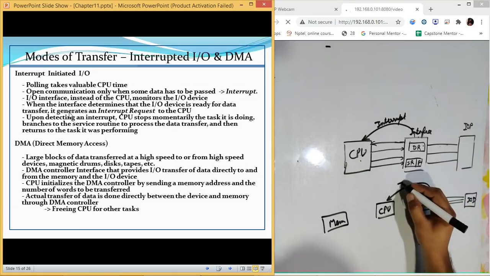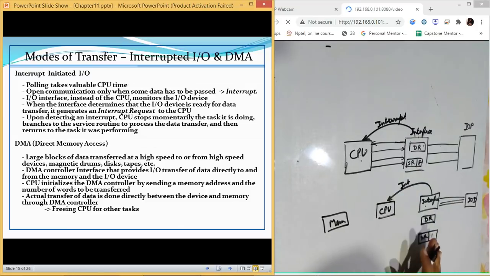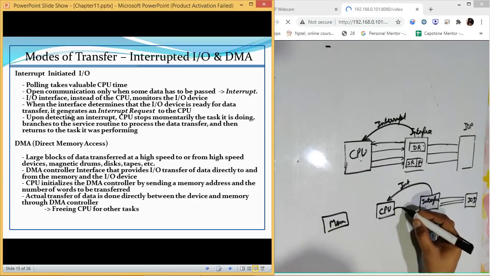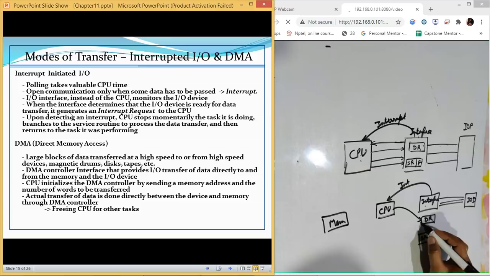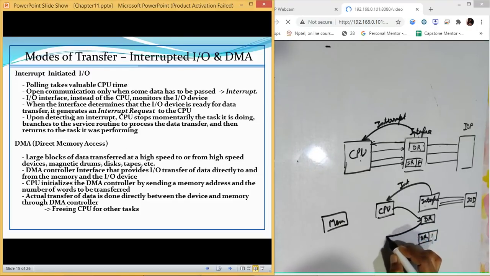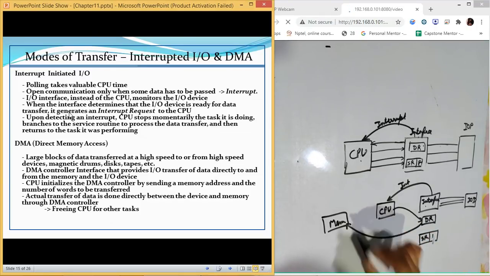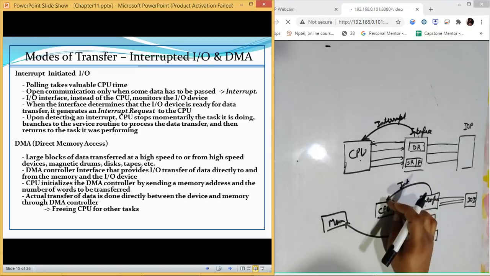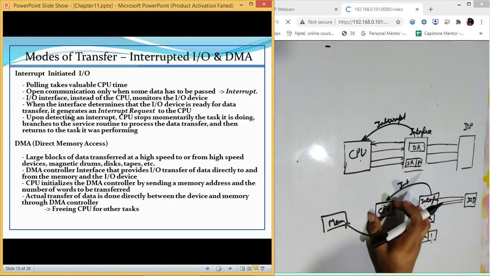So once this is interrupted, CPU doesn't check anything, any value, it doesn't do any kind of such work. It simply goes to the data register, picks up the data from here, transfers it to memory. So simple working. Once it receives the interrupt, it stops its own working.